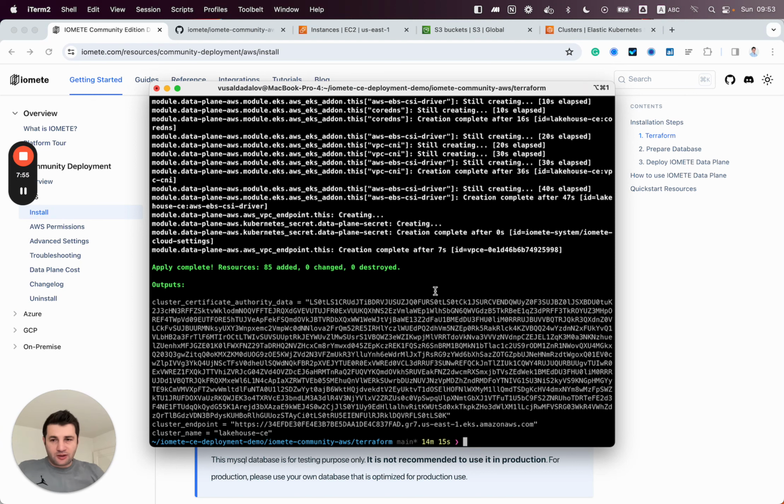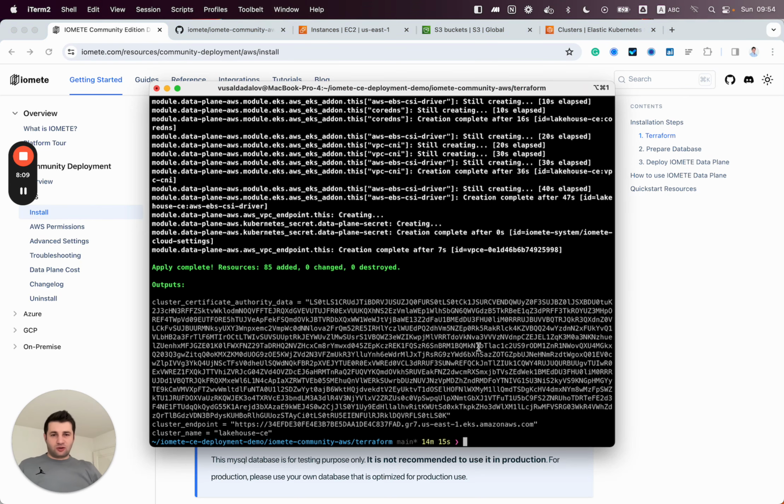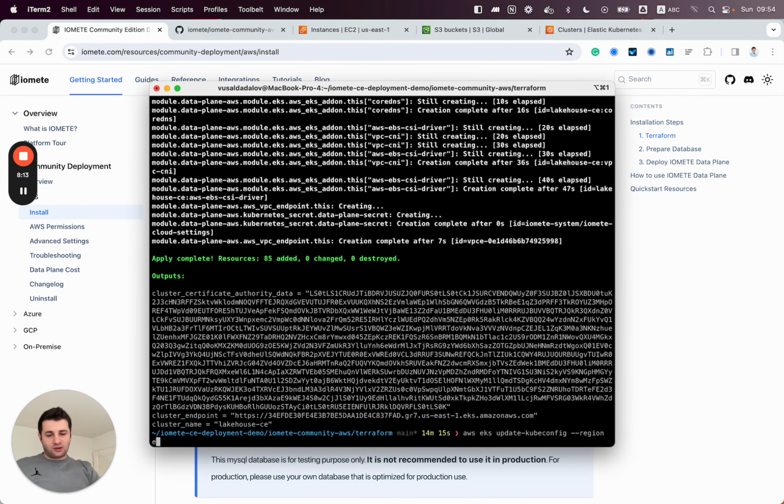Okay, I'm back after 15 minutes. This AWS Terraform installation is done, and as a next step, we need to update our kubeconfig. So in order to access there, the region is US East 1 and the name.